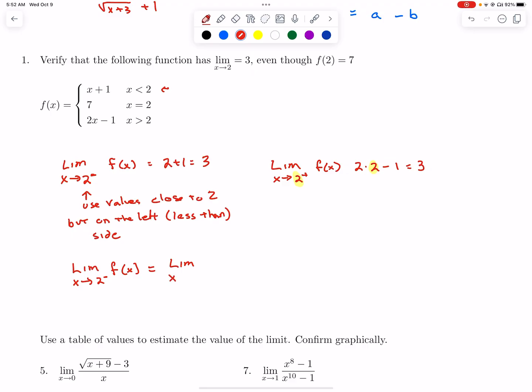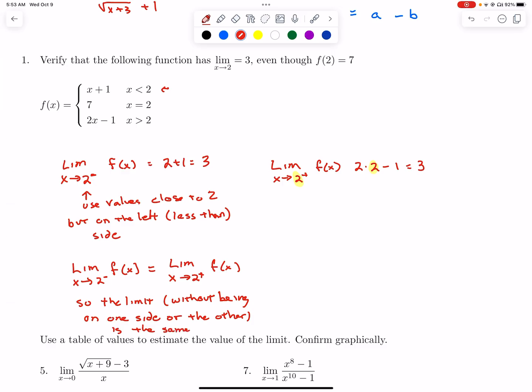Since they're the same thing, okay, so they were both 3, so we say the limit as x approaches 2 of f of x